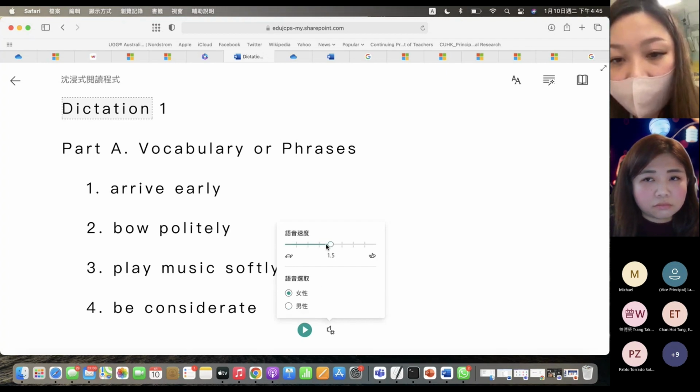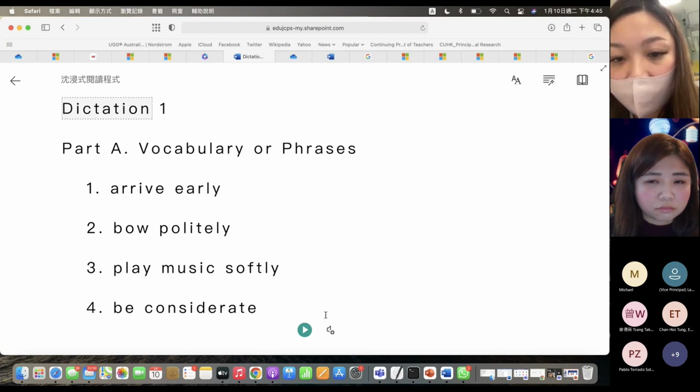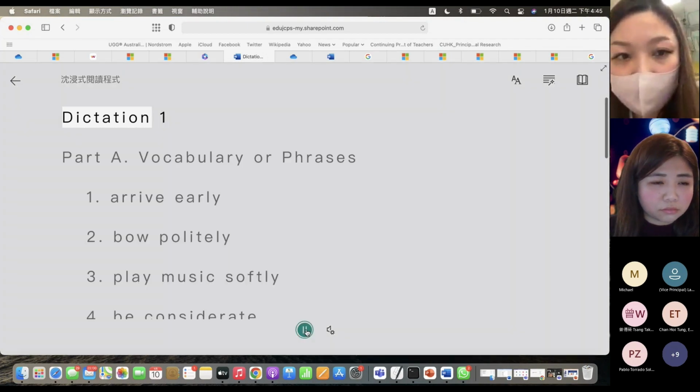You can also adjust how fast it is read aloud by the computer. For example, let's have a normal speed or a relatively slower speed for some low ability learners or beginners of a language. So